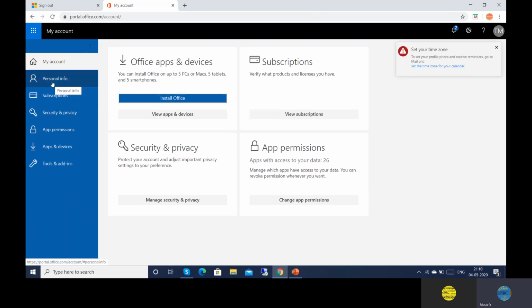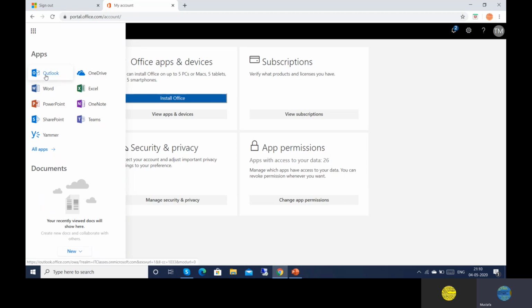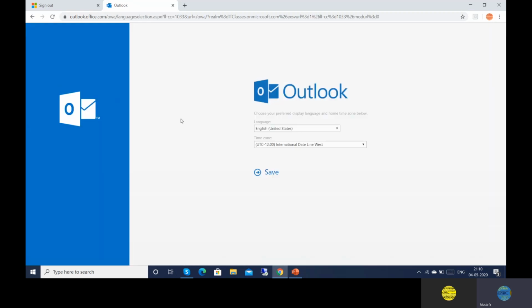By default it's supposed to work. This is Outlook, and I want to log into Outlook, so that's why I'm clicking on Outlook. If you want different apps, you can go ahead.